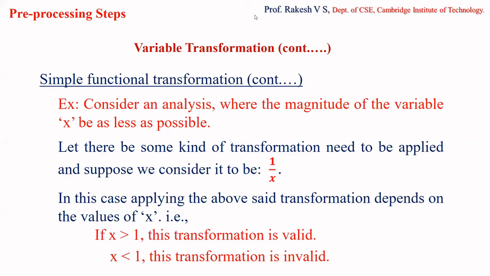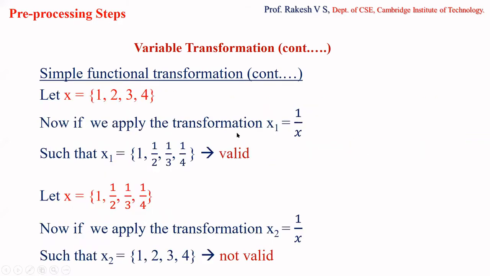So what I mean by that is, take this example here. Say my values are 1, 2, 3, 4. But for the analysis purpose, for that particular algorithm, I want values less than this. In this case, if I apply the transformation 1 by x, what will I get? 1 will be written as it is, 1. 2 will get reduced to half, that is 1 by 2. 3 gets reduced to 1 by 3, 4 gets reduced to 1 by 4. Now these new values of x that you have got are all less than or equal to the original values, correct?